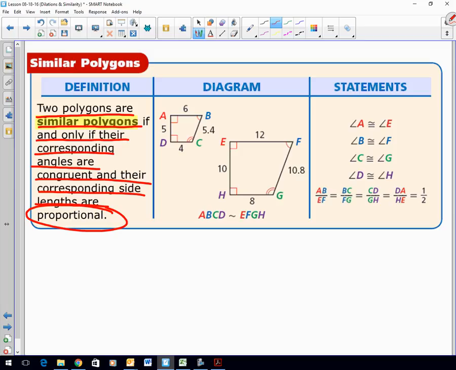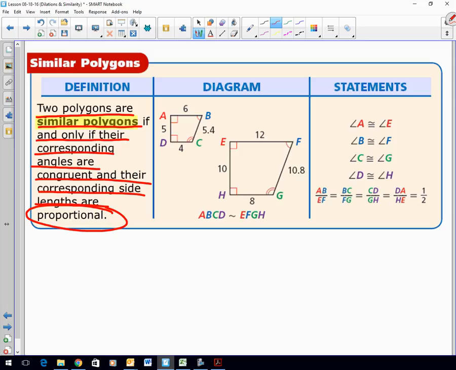Precision matters. Okay? There's a difference in me saying A, B, C, D versus A, C, D, B. Right? A, B, C, D means A, B, C, D. Okay? Why? Because the corresponding angles match up based on the order that they're written. Okay? I can flip E, F, G, H. I could flip it around. I could rotate it. I could reflect it. I could translate it somehow. Move it around, right? But if I write it as A, B, C, D, and E, F, G, H, that means that